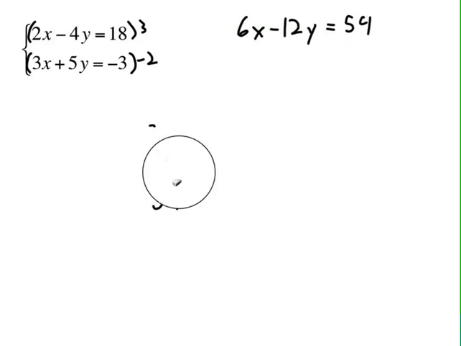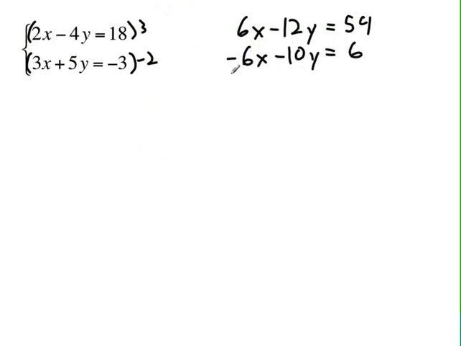All right, now this one is going to be negative 6x, which is the opposite, which is good, exactly what we need, minus 10y, and this equals 6. Now, add these together. You end up getting those terms going away, which is good. This one becomes negative